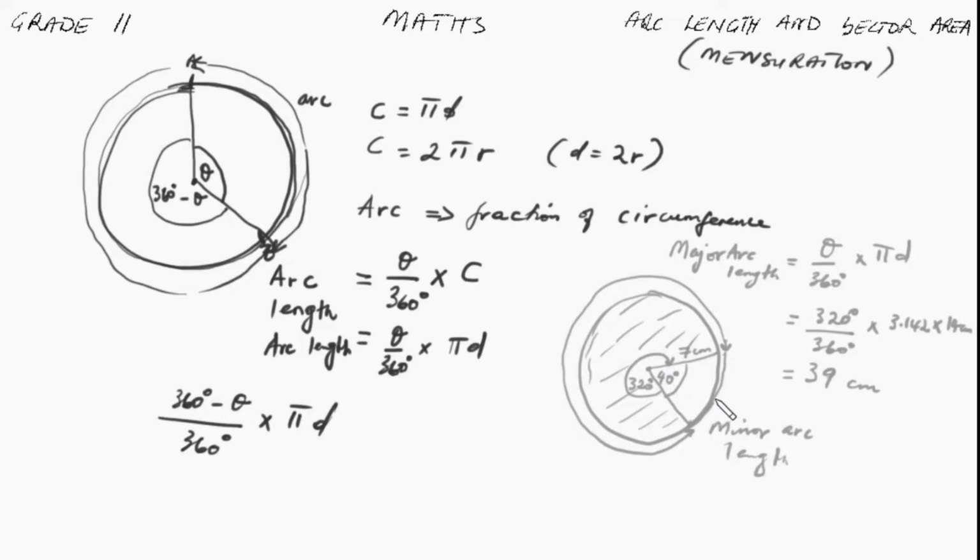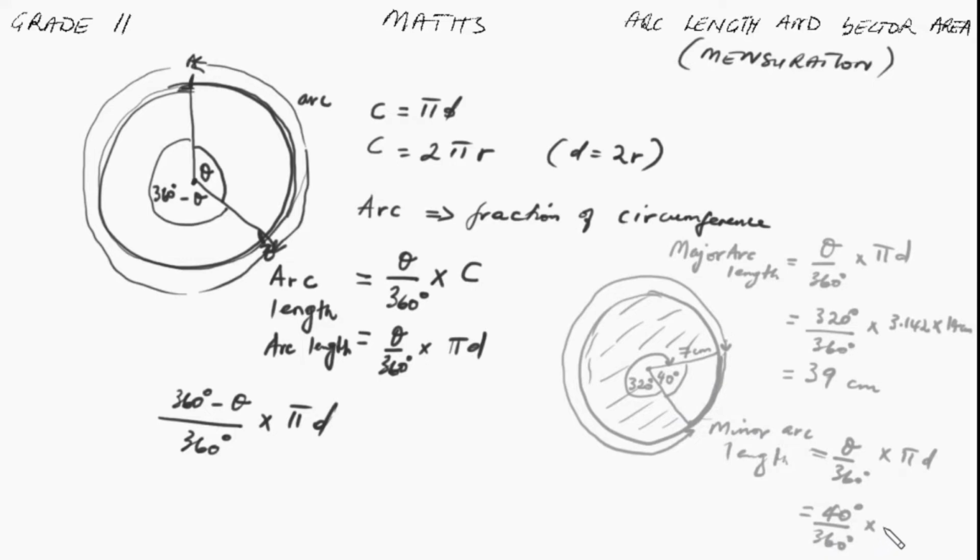It's the minor arc. So the minor arc length would still be theta over 360 degrees times pi times diameter. But in this case, theta is 40 degrees over 360 degrees. This is the angle which corresponds to the arc here,